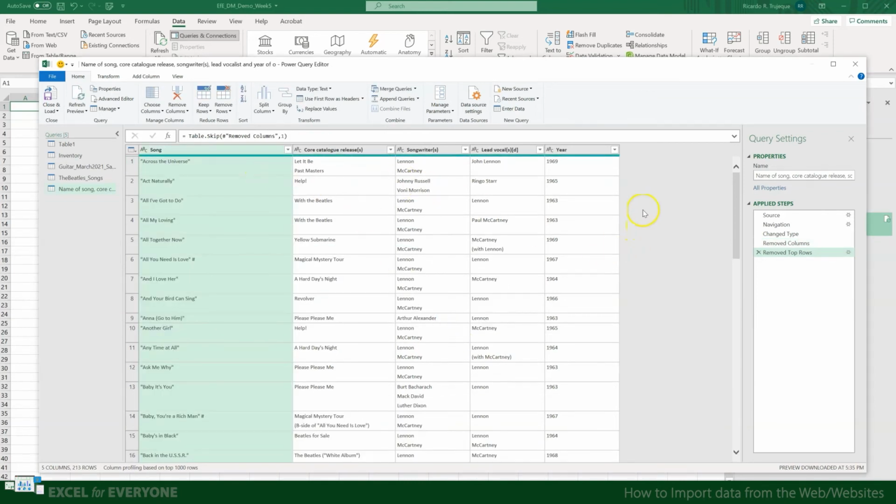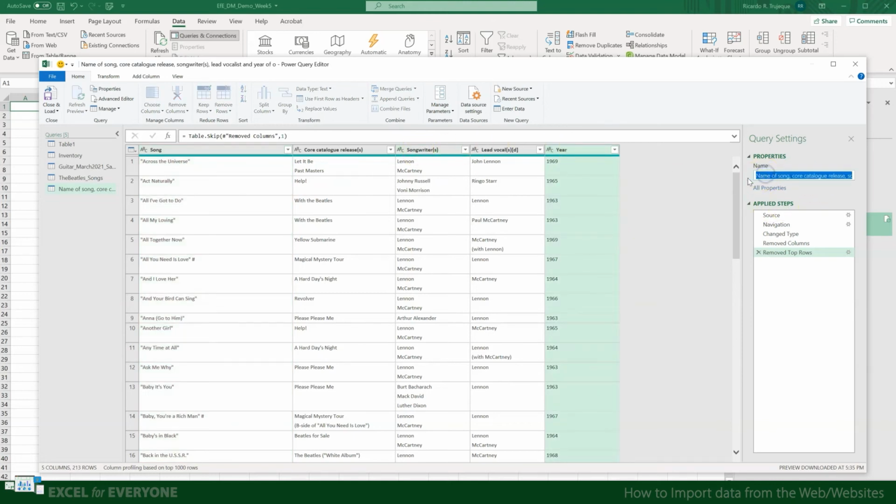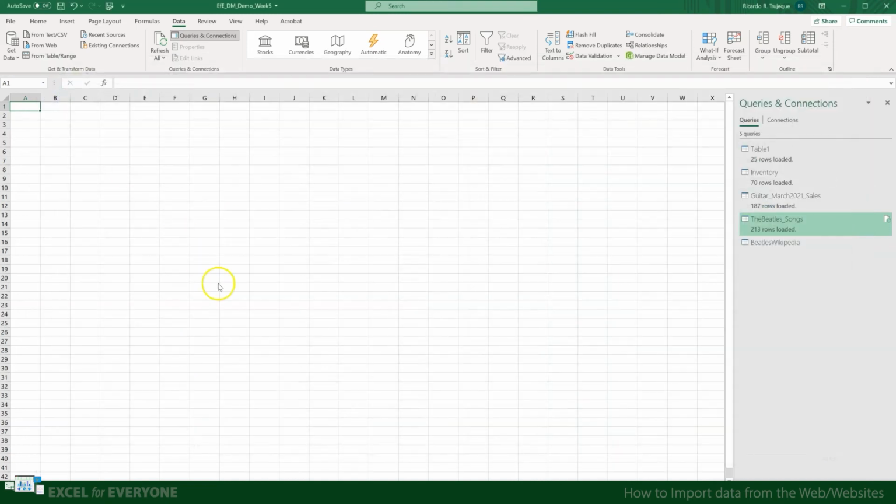Now, we should also rename our query, which will be the name of the table once we load it into our workbook. Let's use a different name from the previous lesson. Let's call it Beatles Wikipedia. Okay, great. We are ready to import the data. Click on Close and Load, and